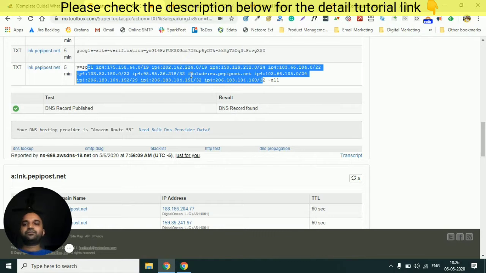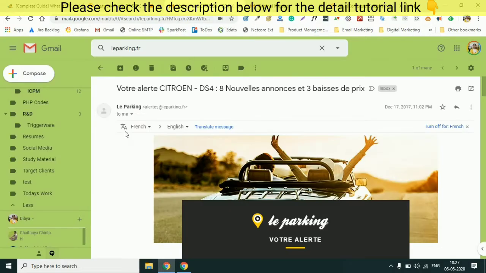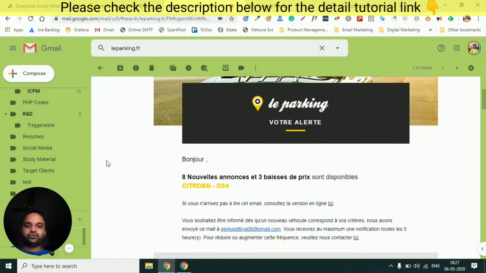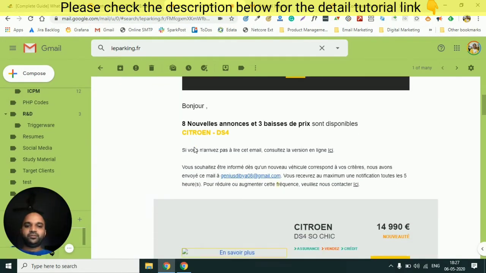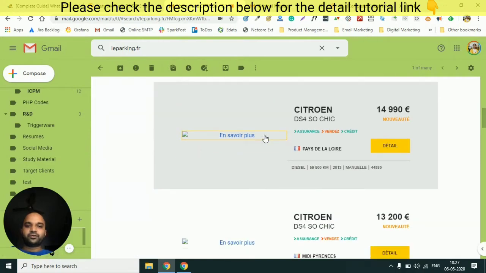Instead of Lee Parking having to make a specific SPF record entry in their DNS, they can just do the canonical pointing, and then Peppypost can manage all the IP addresses that should be allowed to send emails. That is the magic of canonical pointing. Another benefit of canonical pointing is that your email might contain a lot of links inside.